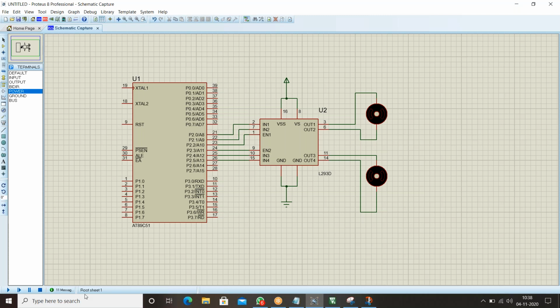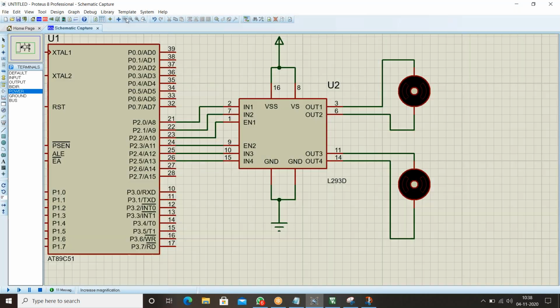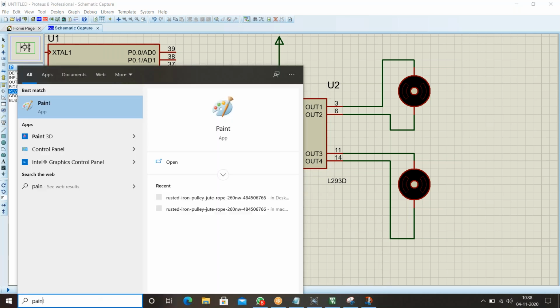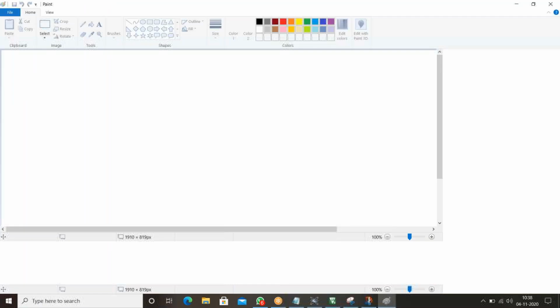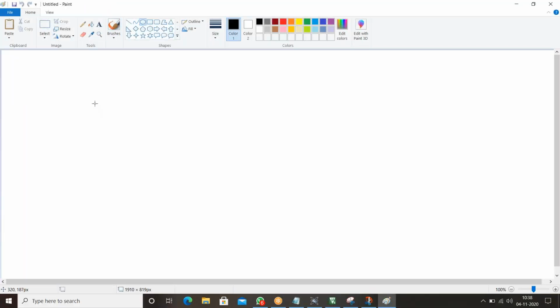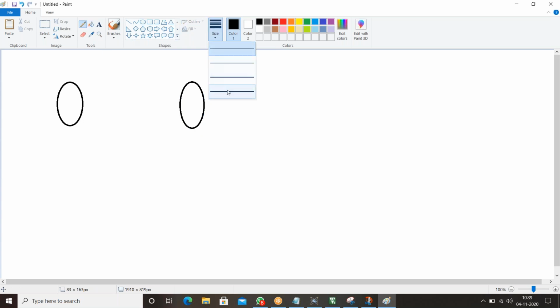And if you are done with this hardware part, I'll open the paint. This is motor 1, this is motor 2.